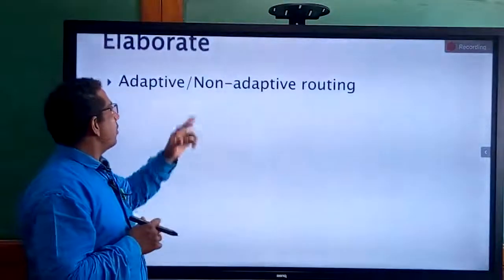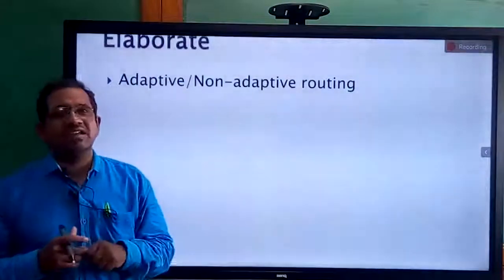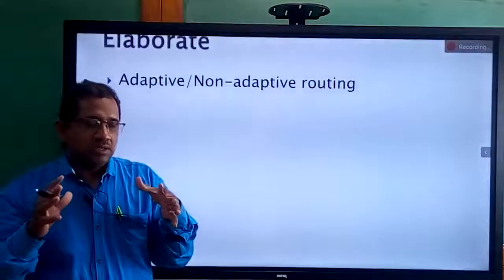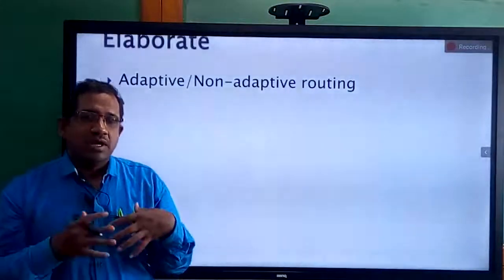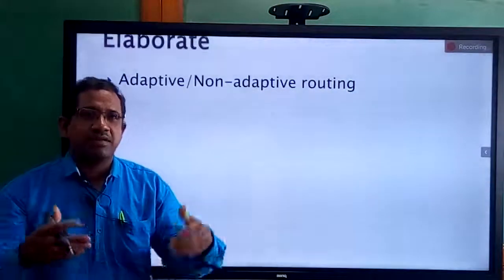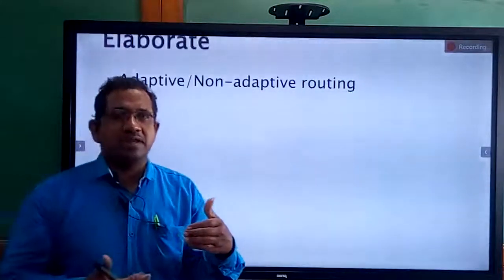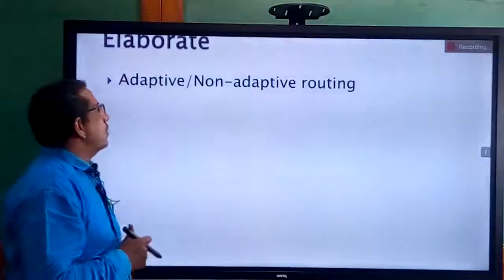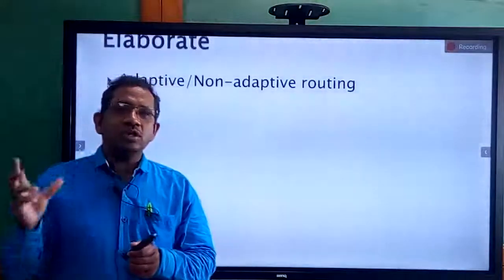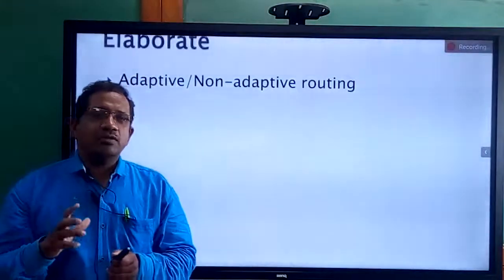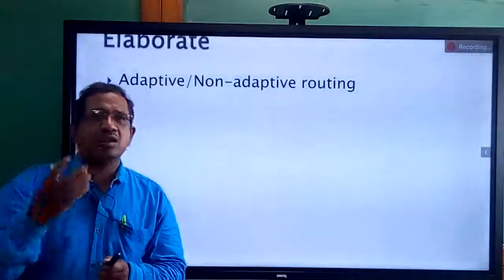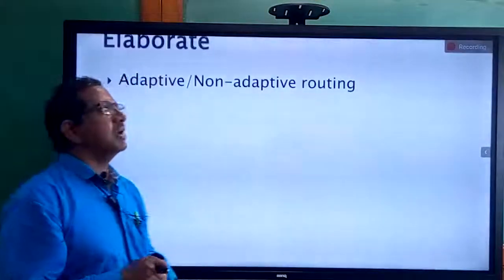Next one is going to be non-adaptive type, means what? Static routing. Static routing means what? Once the route is established, the router has to consider the same path to transmit a packet. That is what is called static routing. What is dynamic routing? In dynamic routing, no route is normally predefined. So whenever a packet is coming to the router, the route is decided then and there, and that is what is called simply dynamic routing.